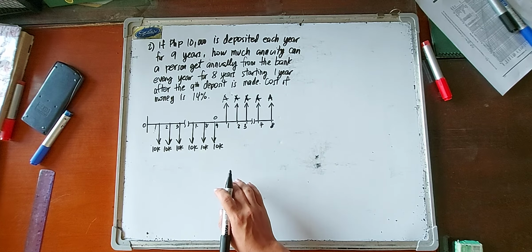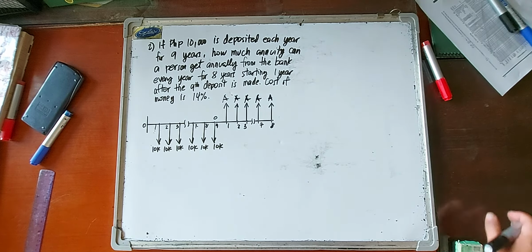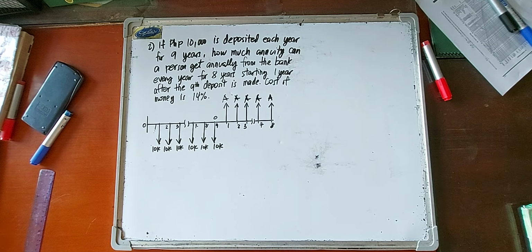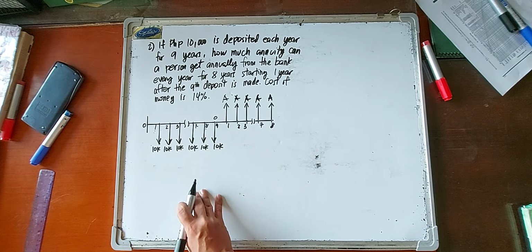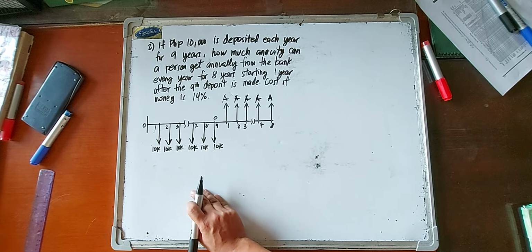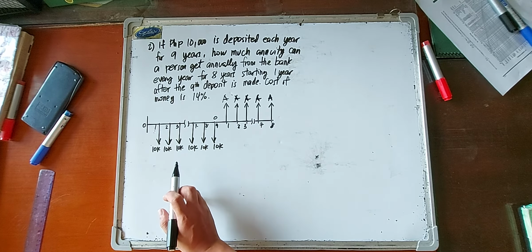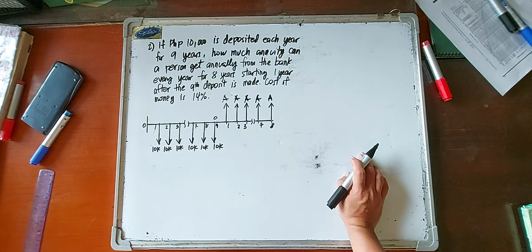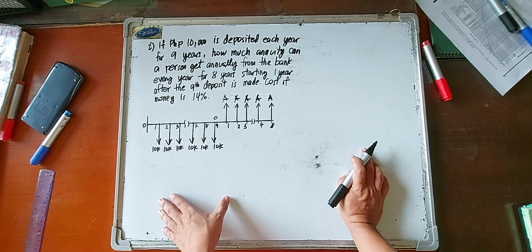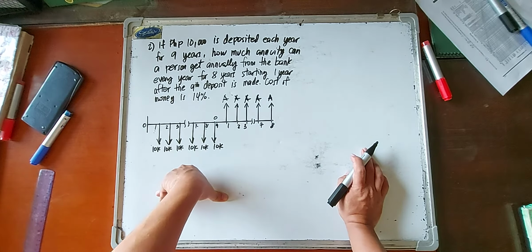So for economic equivalence, we can choose a focal point, a most convenient focal point. Pag namili ka ng focal point, syempre you choose a focal point where the terms in the equation would be lesser, para mas madaling i-solve yung unknown. Pag medyo komplikado yung napili mong focal point, that would somehow lengthen or increase the number of terms in the equation. So you try to look into the problem, analyze, and choose the most convenient